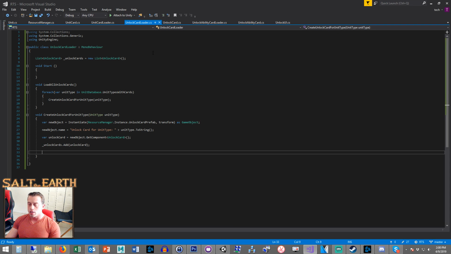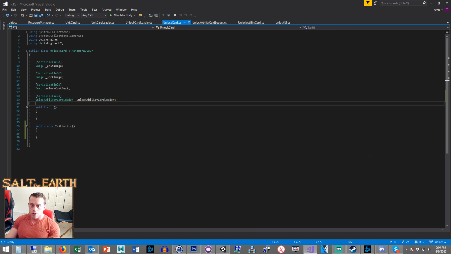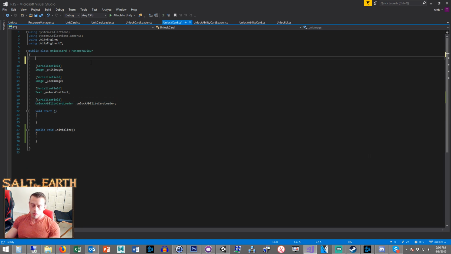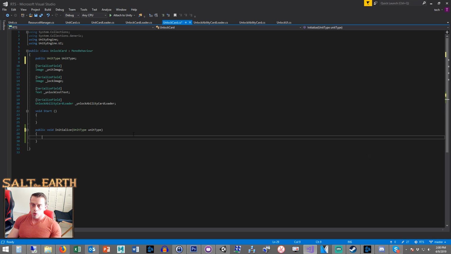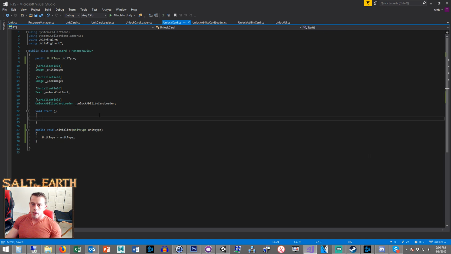I think since this is, well, the unlock card loader, it loads things, right? So, yeah. Okay, so let's do this. Public unit type, initialize unit type. So all we set is this, and then